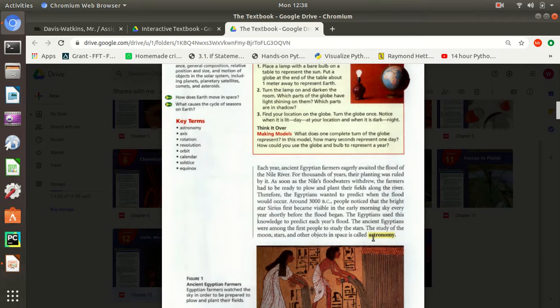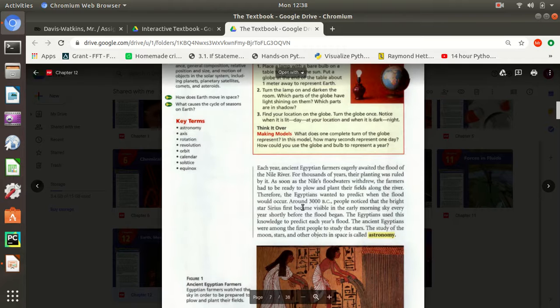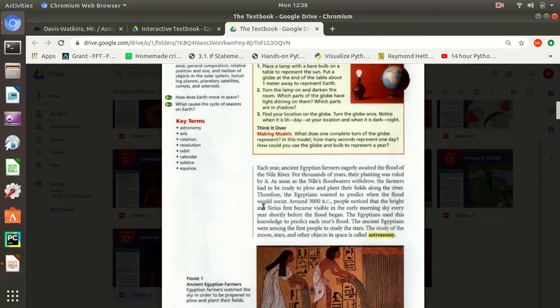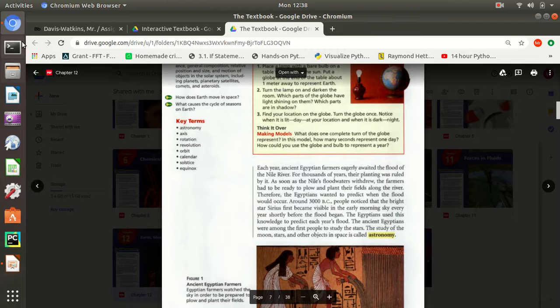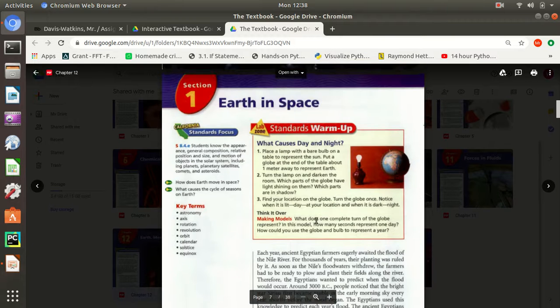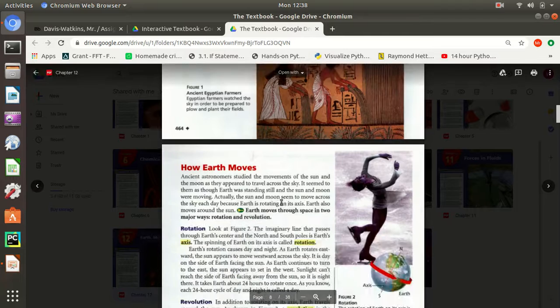So the first thing we're going to take a note on in section 1 is going to be the word astronomy, right? We can see astronomy down here, and that's a vocabulary word, so we're going to write that in our notebook. We want to make sure we have our name in our notebook and all that good stuff. And we want to take a jot dot based on that.